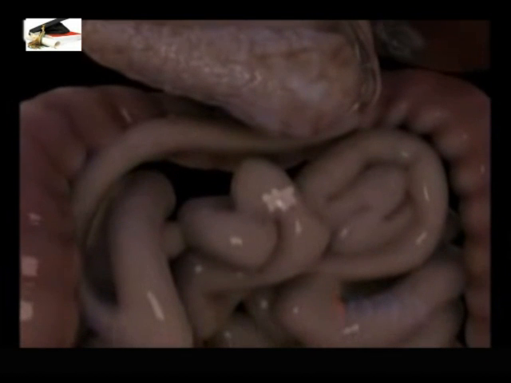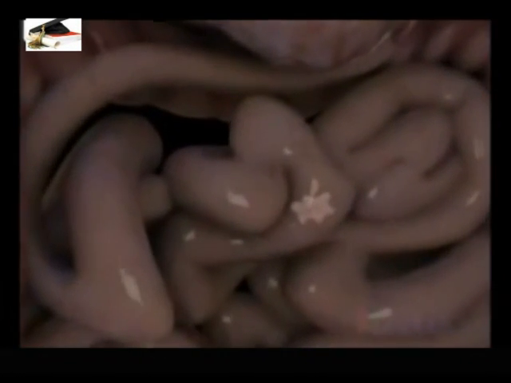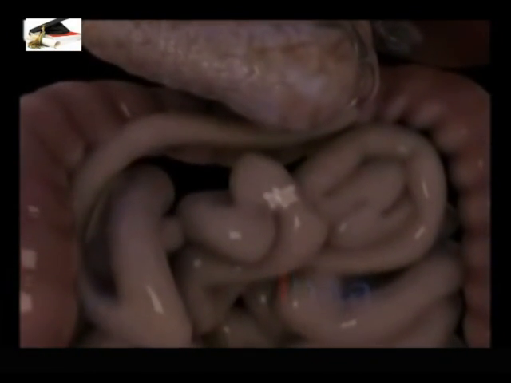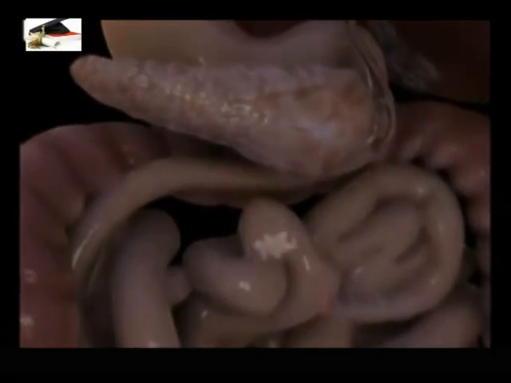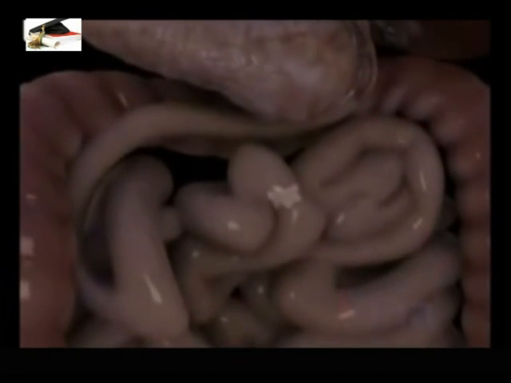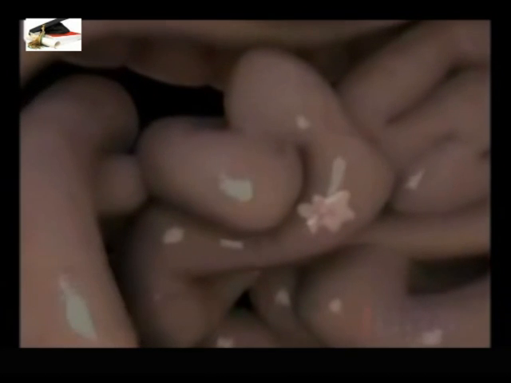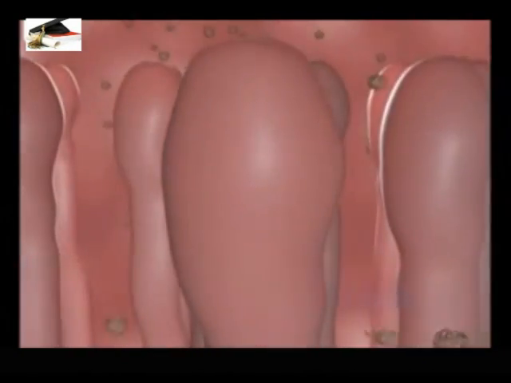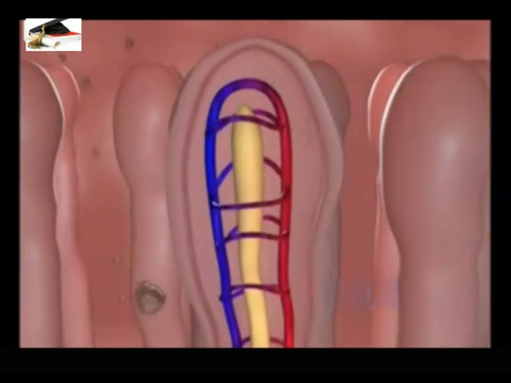The entire canal is lined with an epithelial membrane that contains goblet cells, which secrete mucus. The mucus allows for smooth movement of food materials and also coats the wall of the alimentary canal, thus protecting it from being digested by enzymes. The next phase is absorption, and this is the process by which soluble products of digestion diffuse into the cellular lining of the villi. Diffusion of these products continues through the thin walls of the capillary network and into the bloodstream.